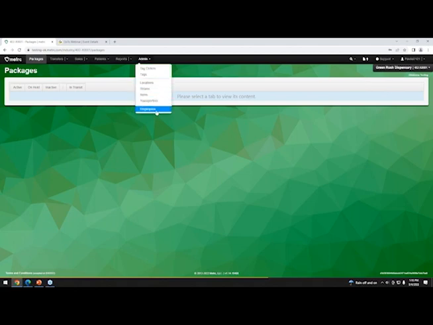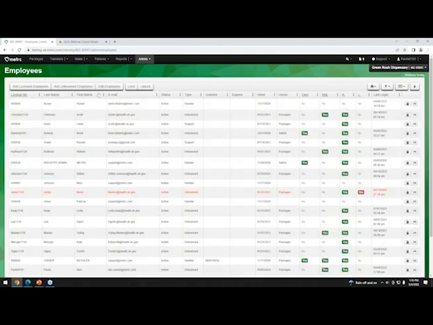So first you want to add your employees. I would assume you'll be mainly dealing in unlicensed employees. The difference is that licensed employees have a license number from the state that is passed to us through Thentia.